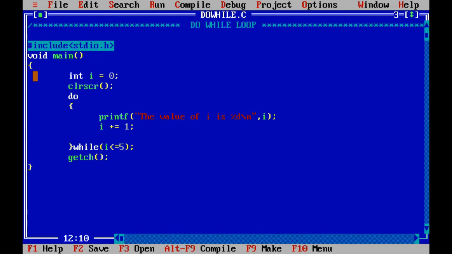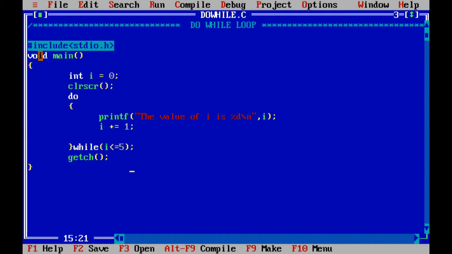I will quickly show a small example of the do while loop, and then I will show the same code in while loop and do while loop, and make you understand the difference between them. In the do while loop I am just printing the value of I if it is less than 5. So we will write a code for it using do while loop.